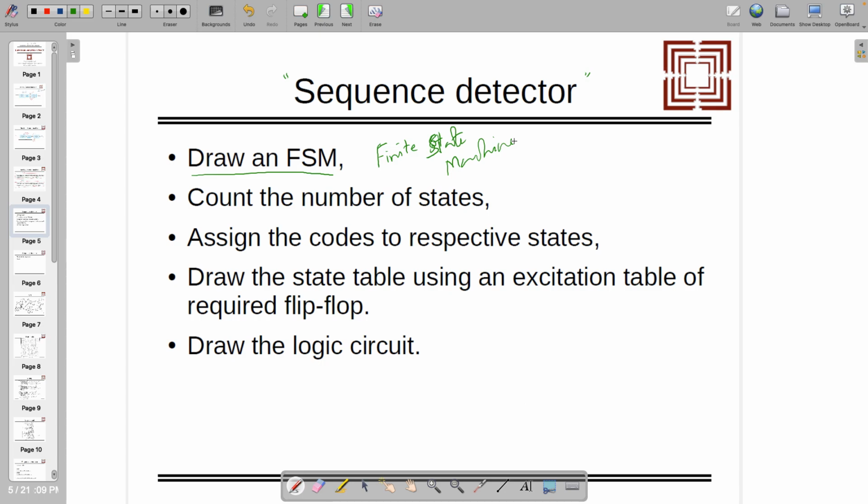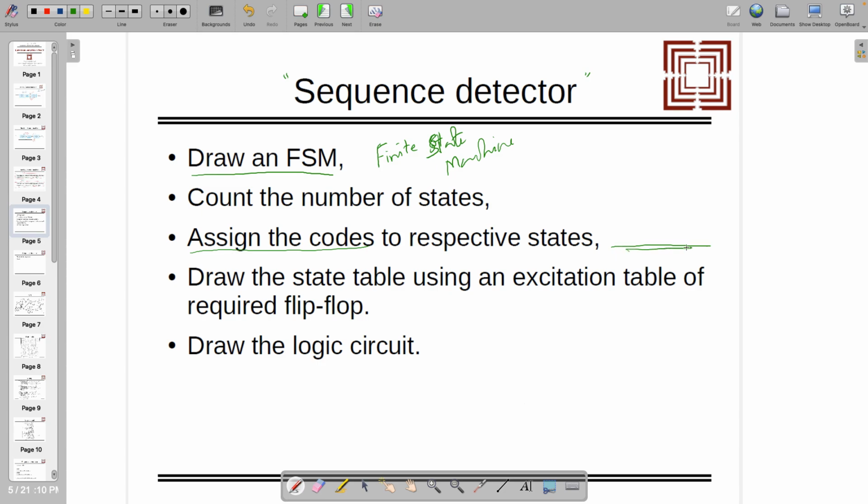Depending on the count of the number of states, you need to find out how many flip flops will be required or how many bits are required for a given state. By knowing that, you can assign the codes to the representative states, and here I have not written, but in